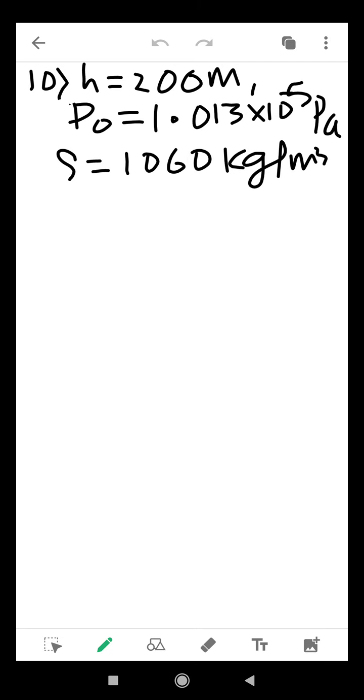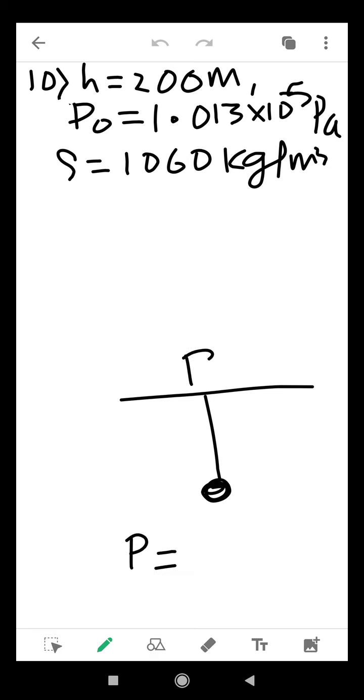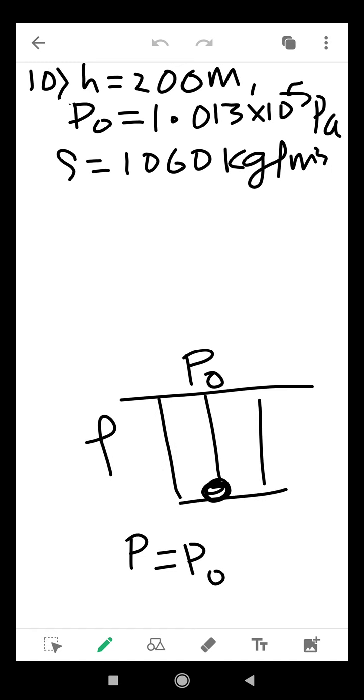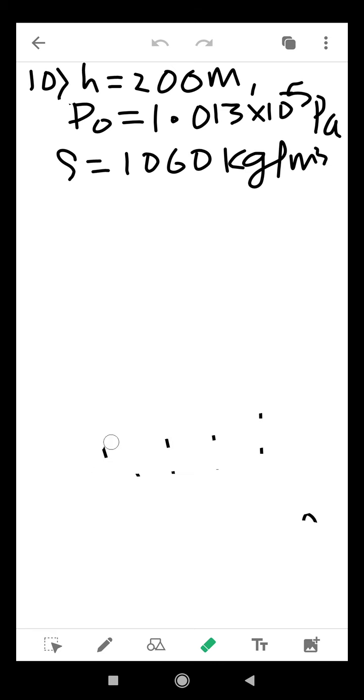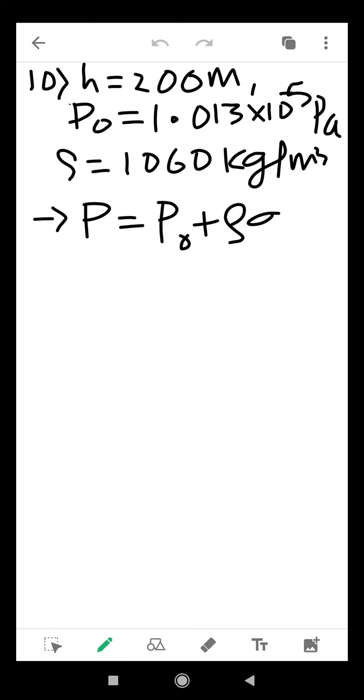So you have to find the pressure at 200 meter below. It is like you have this seawater, and 200 meter below this point you have to find the pressure. So this pressure has to be the pressure on the surface, that is P0, and then the pressure due to this liquid column of height h, which will be gauge pressure given by rho g h. This formula you have to apply over here. I will write the formula once again in the solution. The formula to be applied is P is equal to P0 plus rho g h.